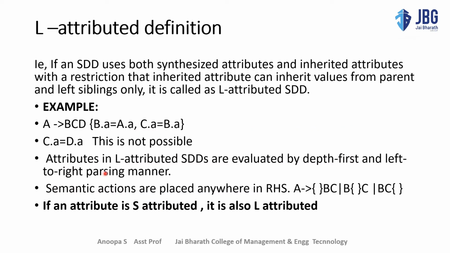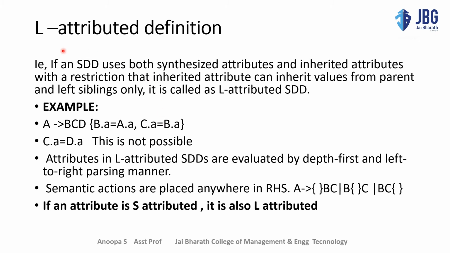See an example, A giving BCD where B.a = A.a. So this attribute got its value from the parent node. Now C.a = B.a. This C.a got the value of the attribute of B, which is to the left of C. So it is also possible. But see, here C.a = D.a. Here the value of C we get from D, which is to the right of C,